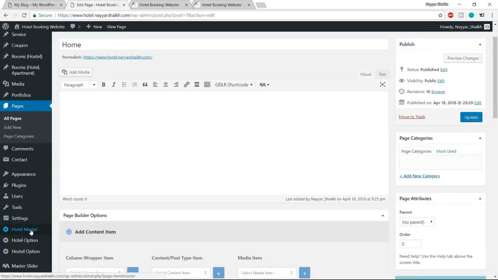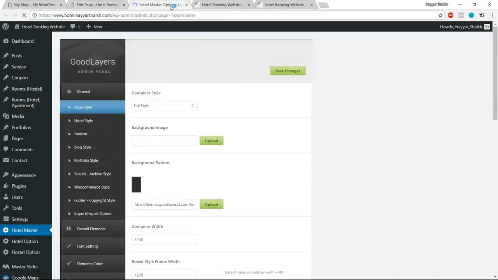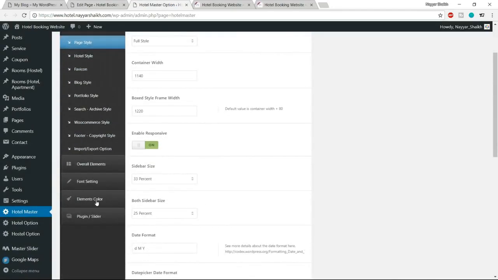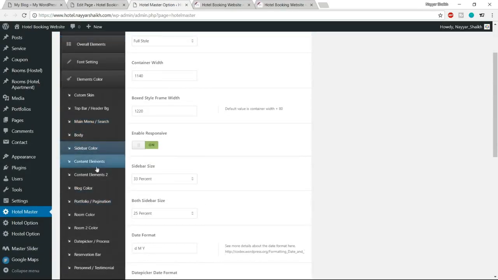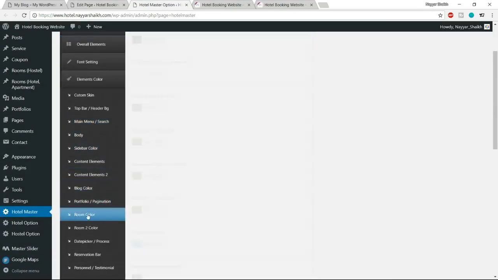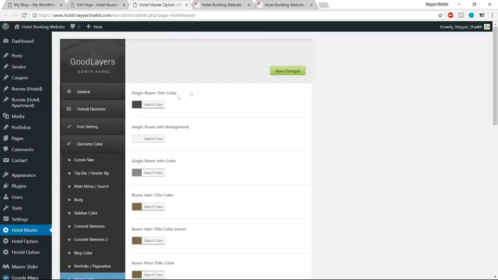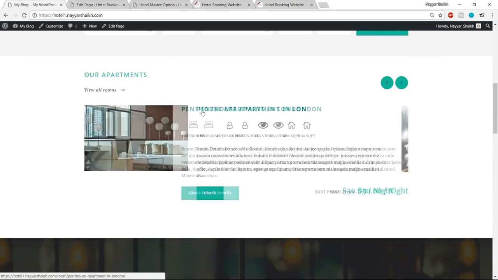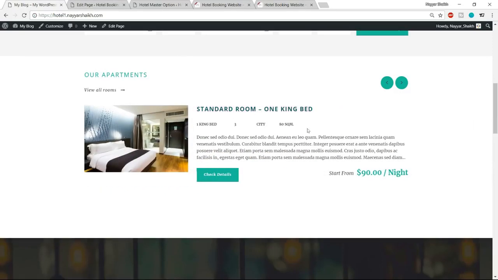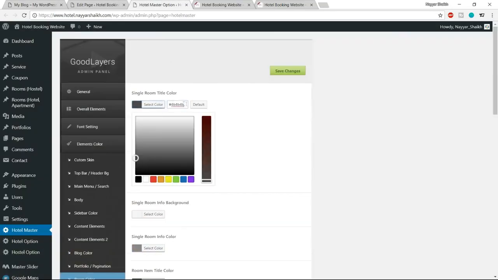We have this hotel master. Open this link in a new tab. Now again from element color, select element color, and from here select room color. Okay, here it is, room color. First thing, single room title color. Okay, so what is the title color? Whatever you want to make. So suppose you want to make here it is blue, but let us make the same color, this green color. Okay, so let us put the same color,